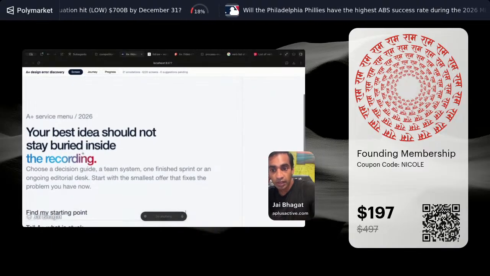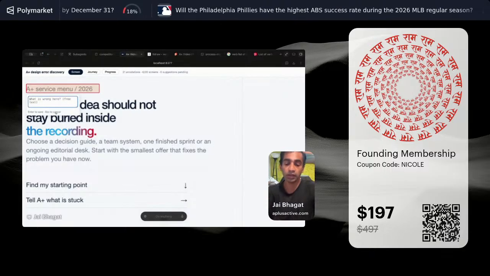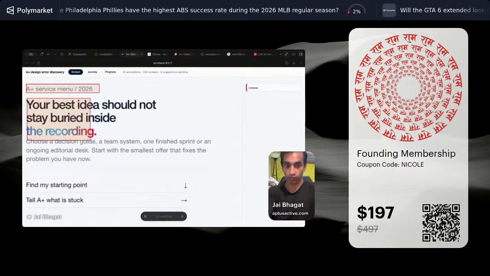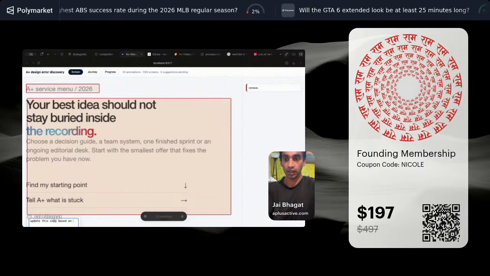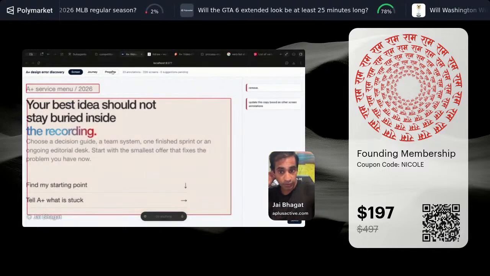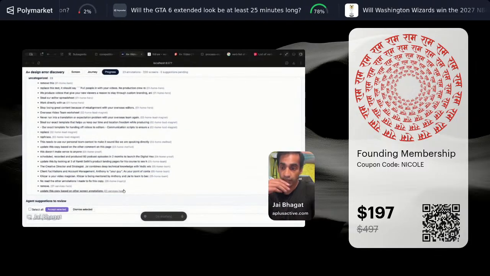Your best idea should not be buried inside the recording. So now what I'm going to do is I'm going to say remove, say update this copy based on other screen annotations. So what I'm now going to do is I can see the uncategorized